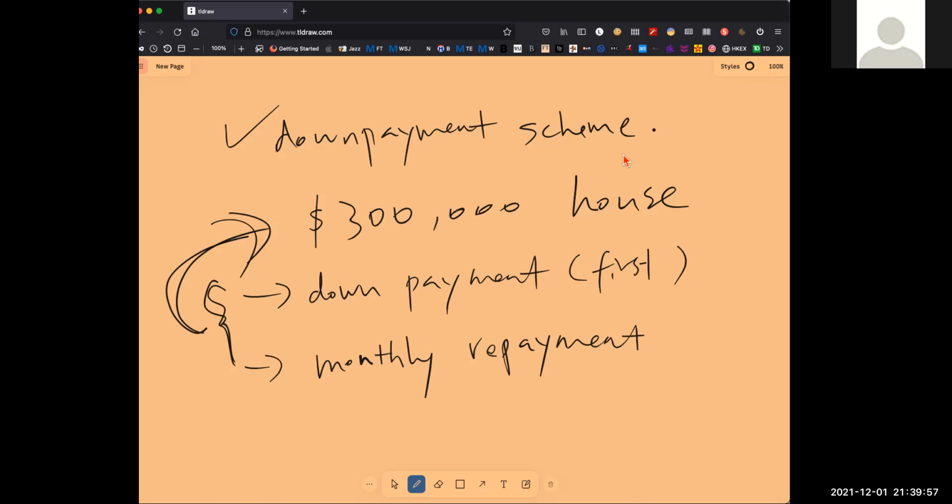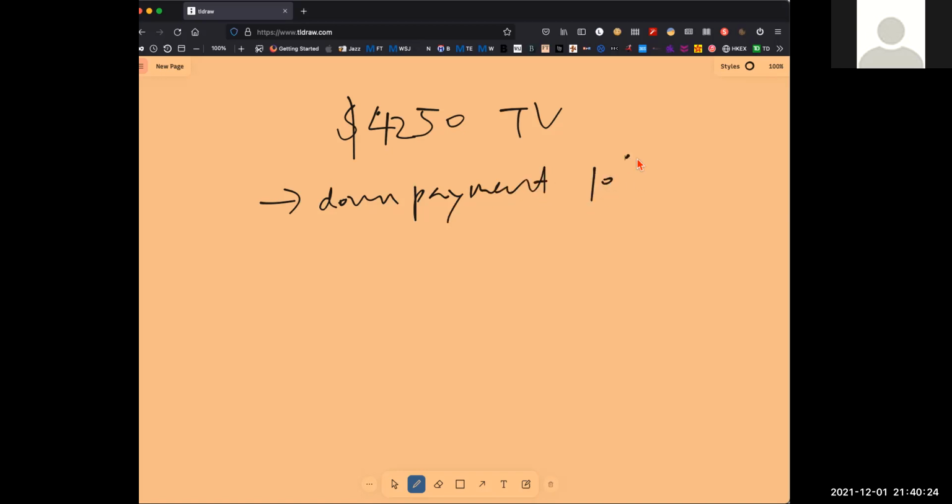All right, so you have a very good understanding of this scheme. So let's look at the question. Over here, they are buying an LCD TV, which is 4250. The price for the TV is 4250, and you pay by the down payment scheme. So the down payment, which is the first payment, is actually 10%. So what is the down payment then? 10%. So what you do, 4250, 10% of this. Actually, you have written it down. So the answer is,